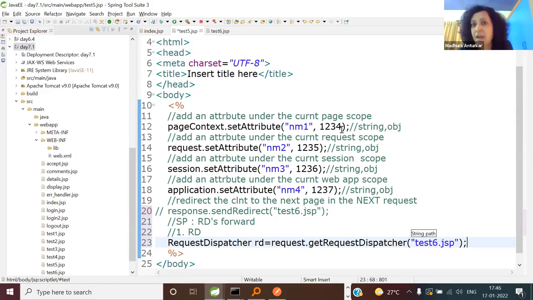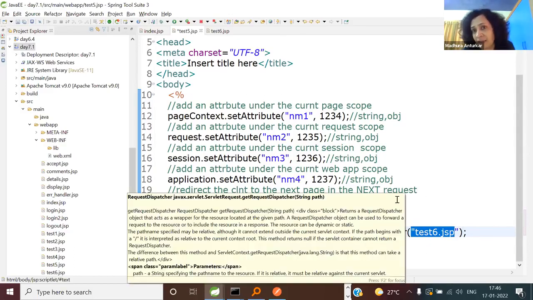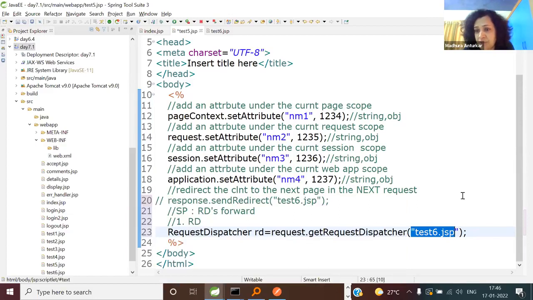Is everyone clear? I'm just showing you which scopes and which navigation technique and how the whole thing works together. Is the first step clear? Create a request dispatcher, which is nothing but a wrapper, a holder of the next page. Earlier, it was a dynamic web page as in a servlet. Today it is another dynamic web page in the form of a JSP.